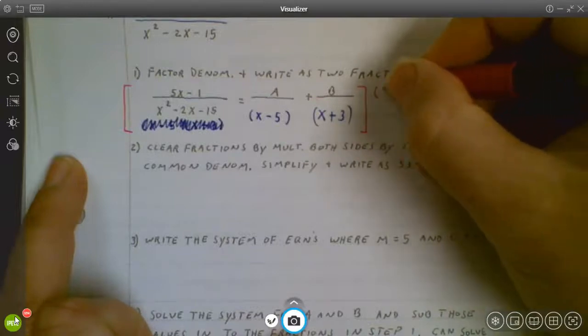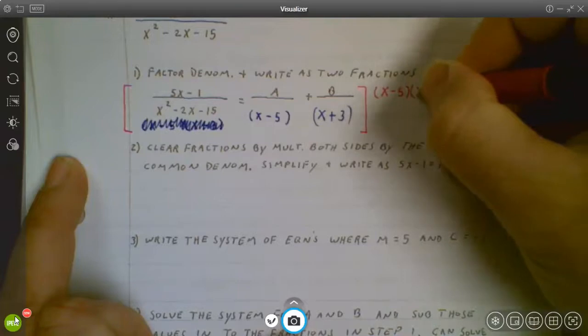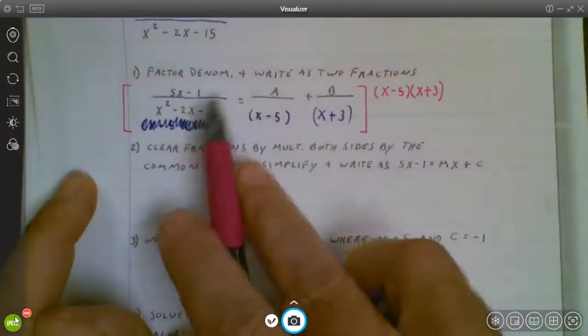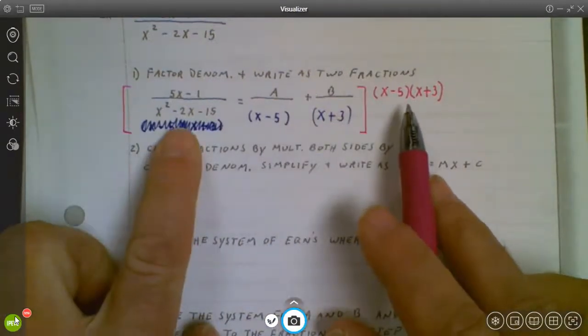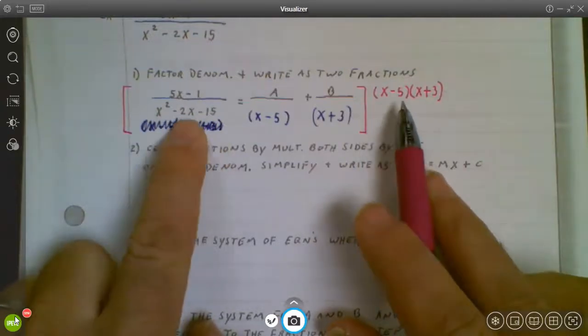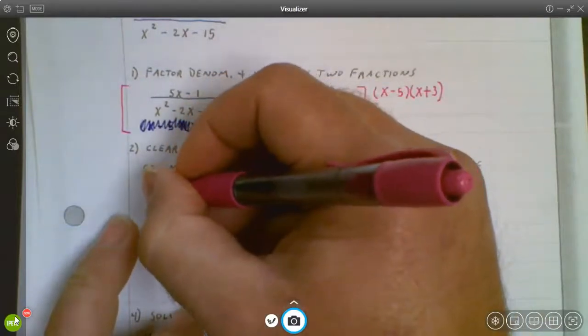So essentially, I am multiplying this times both sides of the equation. I'm just distributing it to this, and then to this, and then to this. So if you look at the far left, look at what would happen here, right? All of this is equal, so it would cancel. And I'm left with simply 5x minus 1